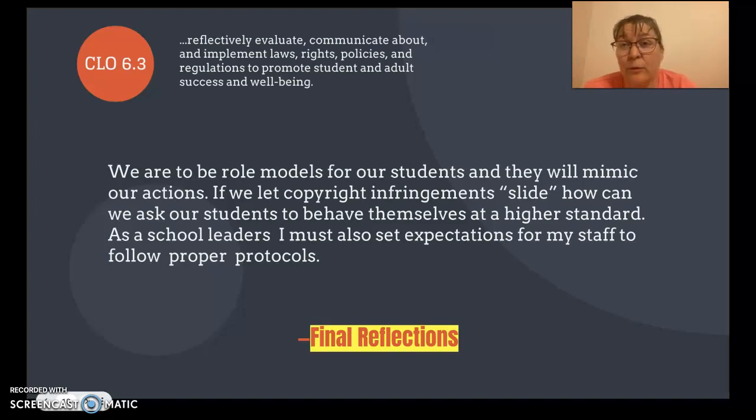And I would also feel that if I had staff members not follow this, but then they wanted me to back them up because a student didn't follow their rule, I would have a hard time with that, and would probably gently remind them that it's interesting that you're asking me to do something, but you're also willing to infringe on things that are of a legal and ethical